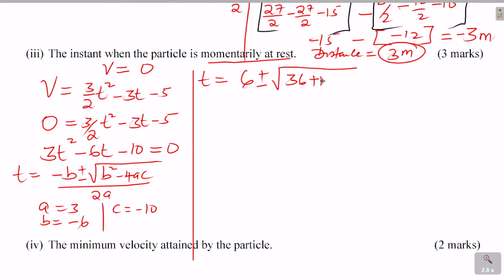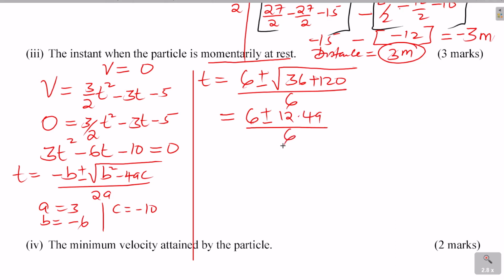This will give plus 120, and then divided by 2a. Just substituting the value of a, b, and c in the quadratic formula here. Taking all these, you get 6 plus or minus the square root of 36 plus 120, that is the square root of 156. This will give 12.49